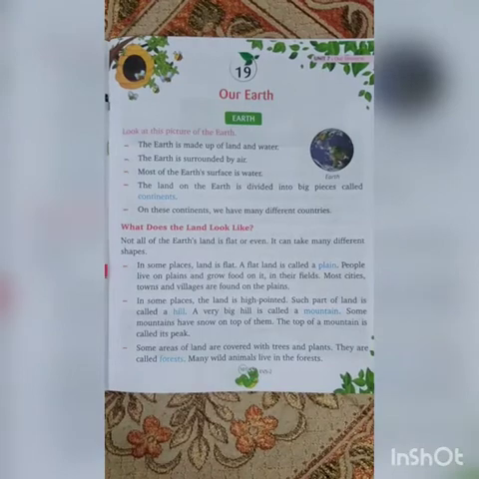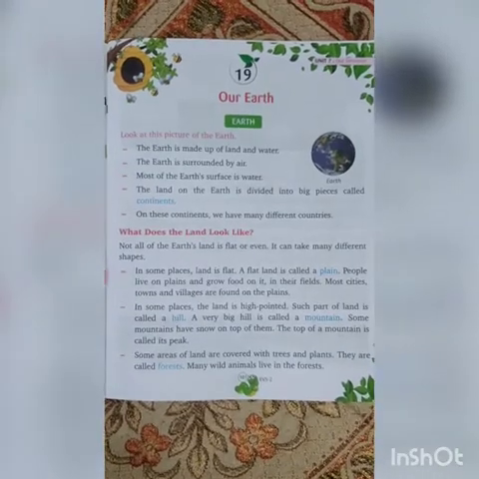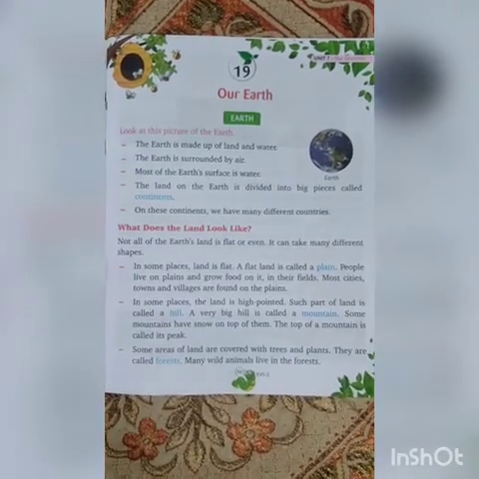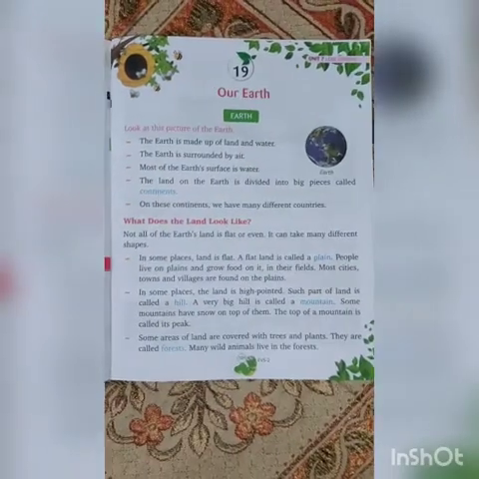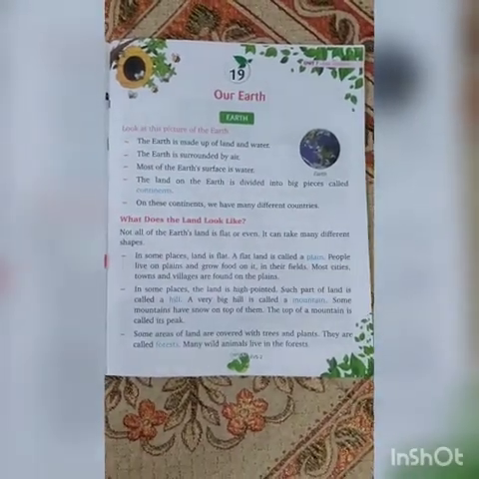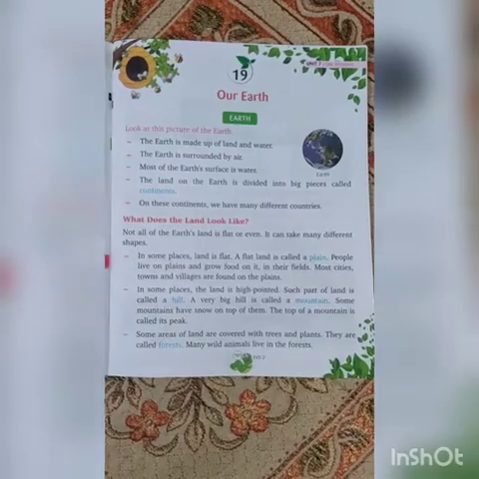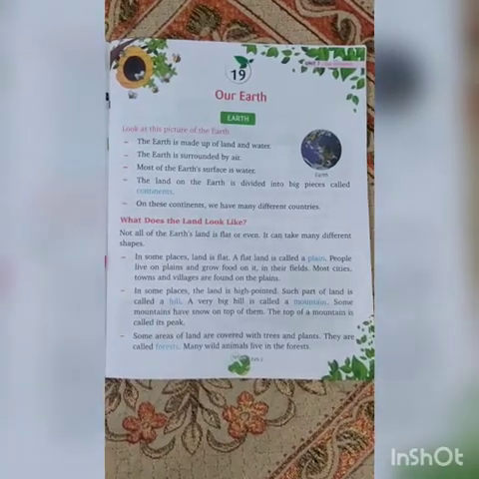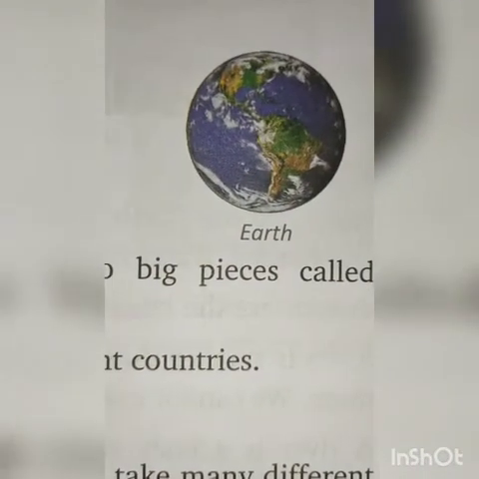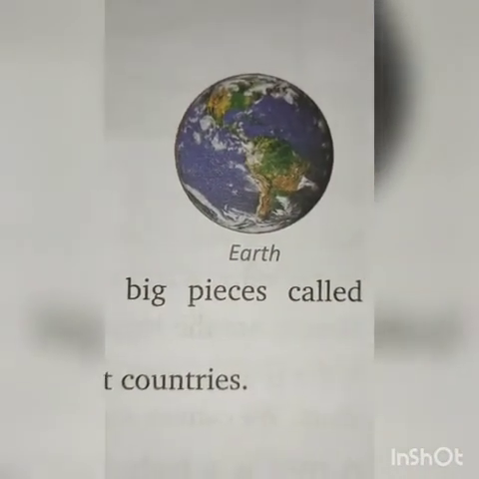Students, as you all know, we live on Earth. Look at this picture of the Earth.